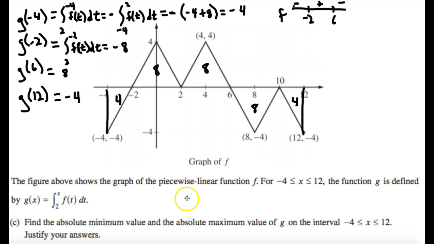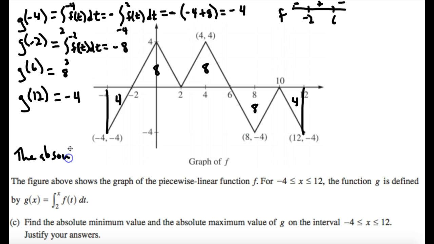So to answer the question then, okay, the absolute minimum occurs at -2, and the absolute minimum value is -8. The absolute maximum occurs at x equals 6, and the absolute maximum is 8. Right? So we need to write that out in a sentence. Okay, we could say